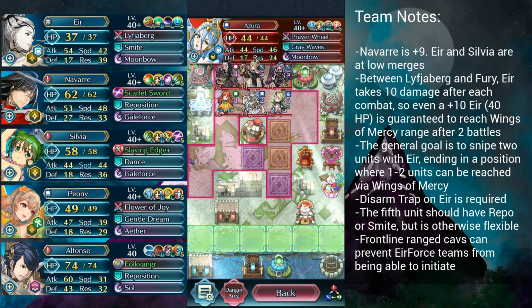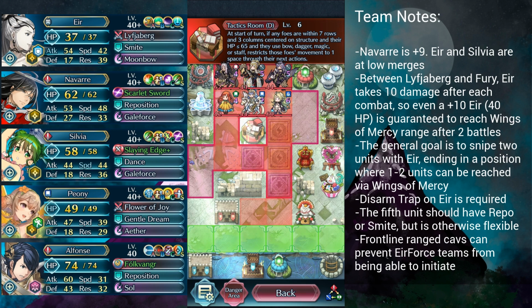I'm going to go ahead and be air-forcing this team today. This is a little bit of an interesting team. It's pretty well set up overall, I would say. The double backline dazzle staffs make it really difficult to vantage this team. You'd basically have to snipe both of those, unless you're using like a Null C Cronia or something, which I'm